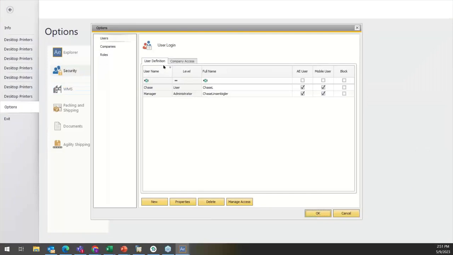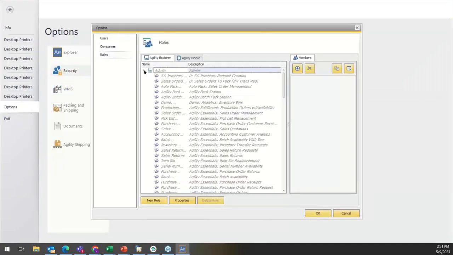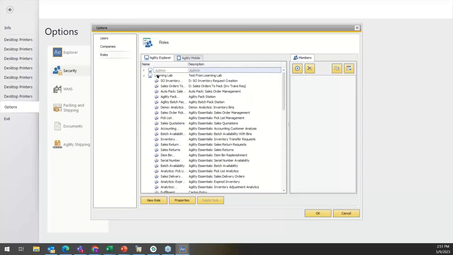We're going to go ahead and change Chase's role. So now let's say that we feel like we gave Chase access to too many things, right? We're going to take him off of this role. So first off, we know he's only on this role, and we could remove him simply by hitting this. This will just remove him from the Learning Lab role. Then he has no role, right? But let's say we weren't sure if he's on another role or something like that,